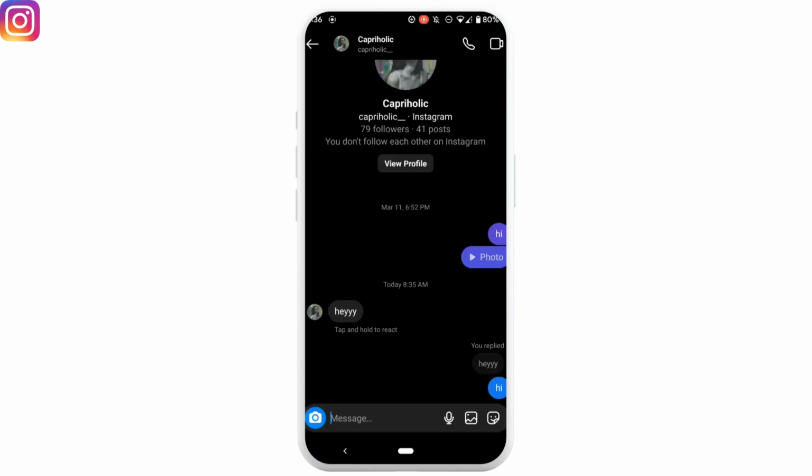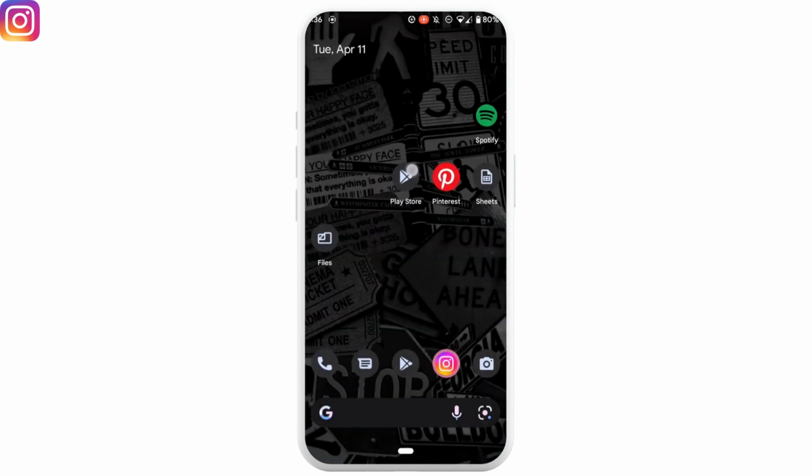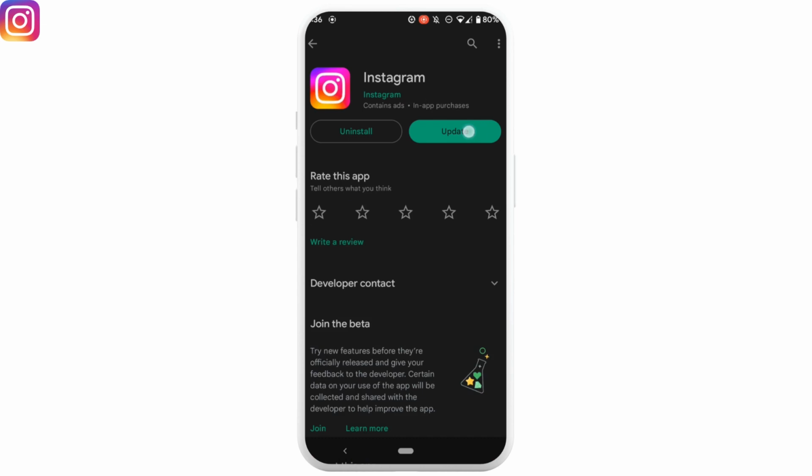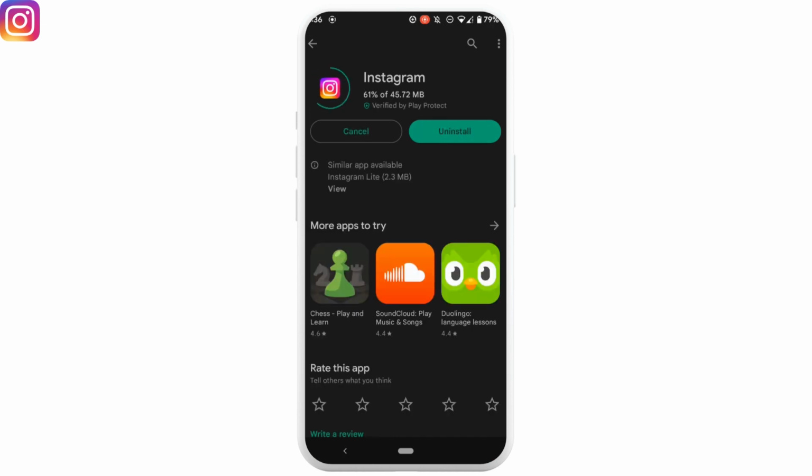But if you don't have this option, then what you can do is go back and head over to Play Store or an App Store. Search for the application Instagram. Here, if it says update, you need to update this application to the latest version. Updating to the latest version will generate the feature that is available on Instagram. After updating to the latest version, if it still doesn't show the option of reply, then in the next step